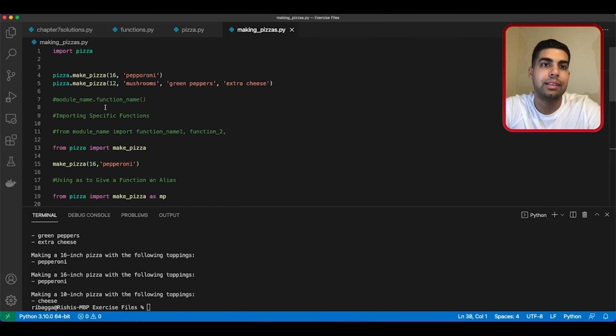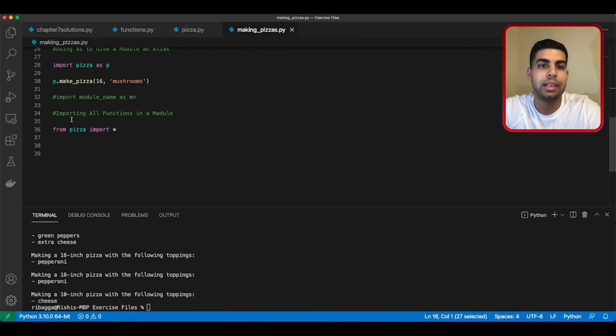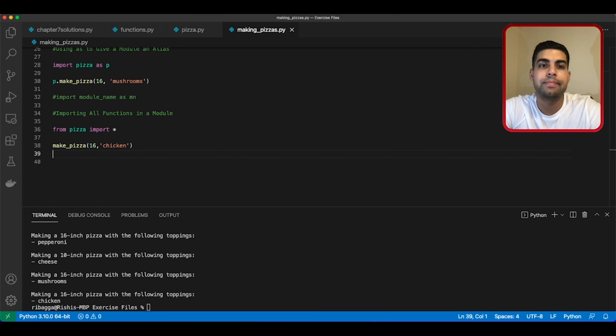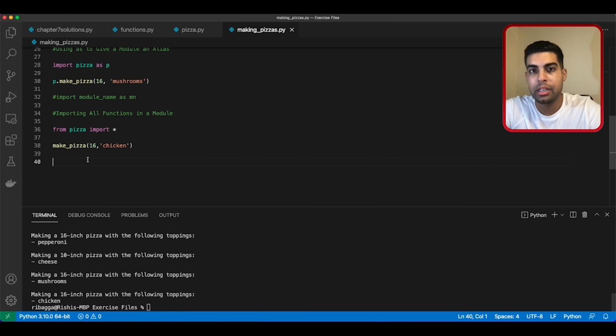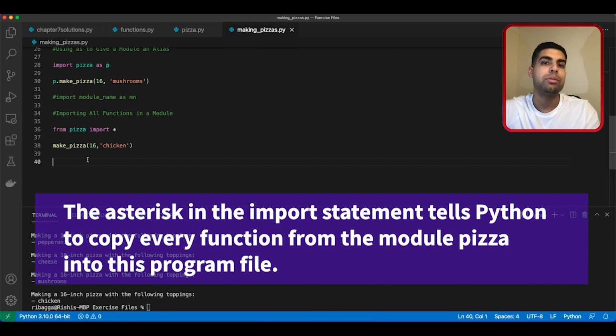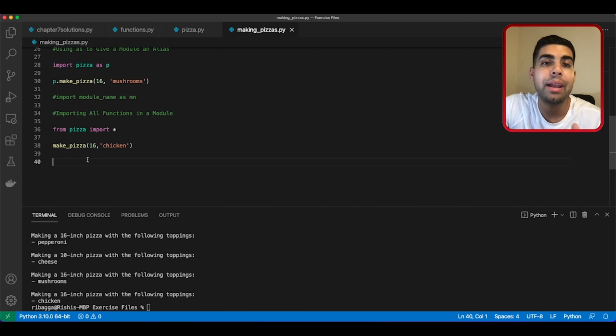And then again, we can go ahead and call our make_pizza here. I'll just change this to chicken so we can see a different result here, and then print this out. And we can now see making a 16-inch pizza with chicken. So the asterisk in the import statement simply tells Python to copy every function from that module pizza into this program file. And because now every function is imported, you can call each function by its name without using that